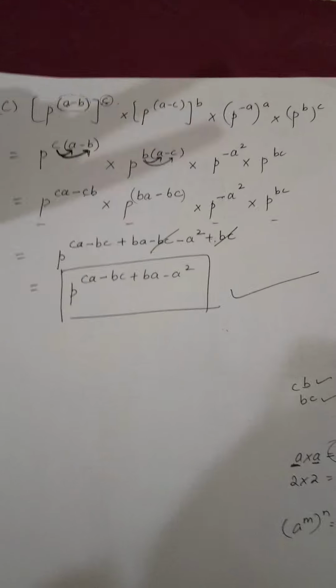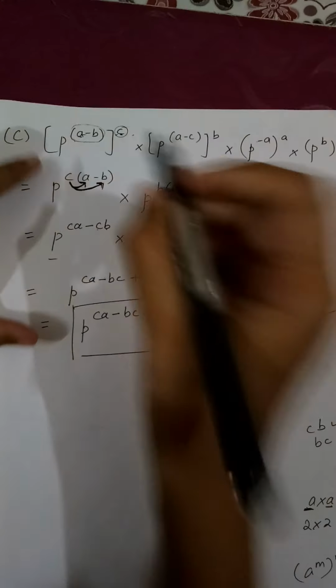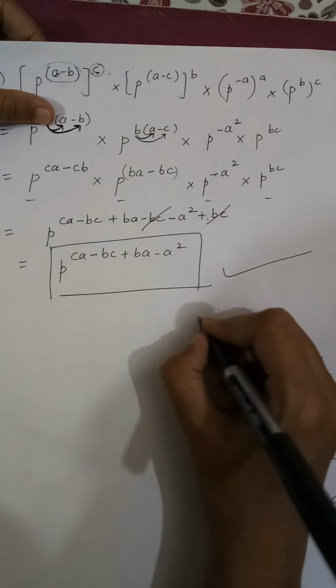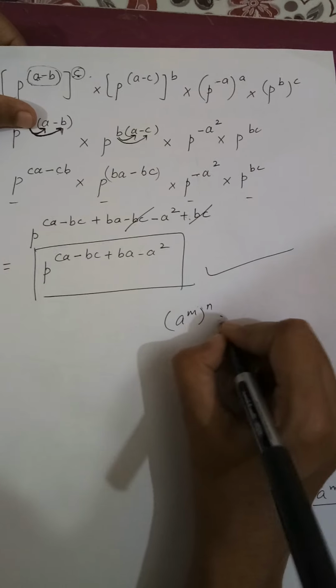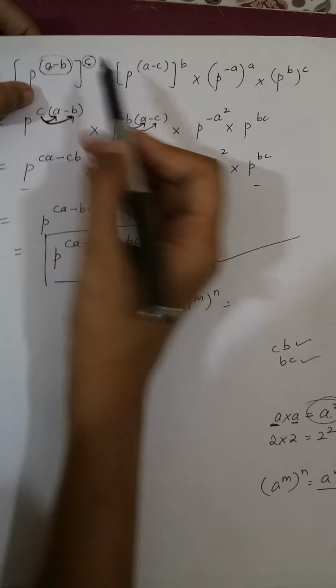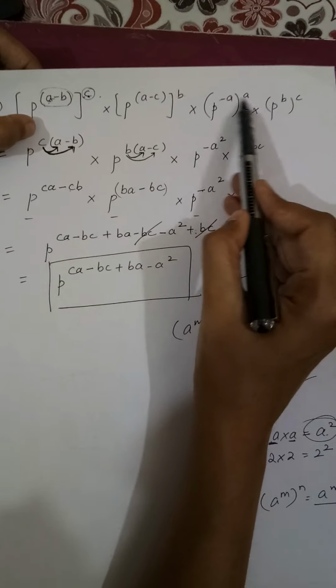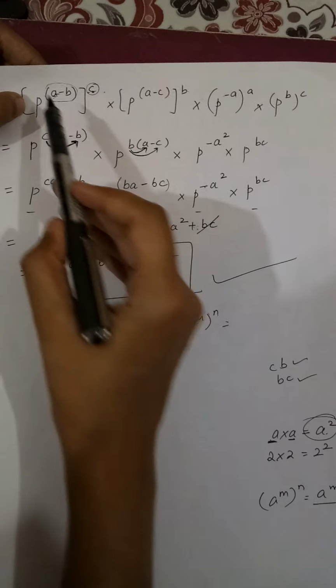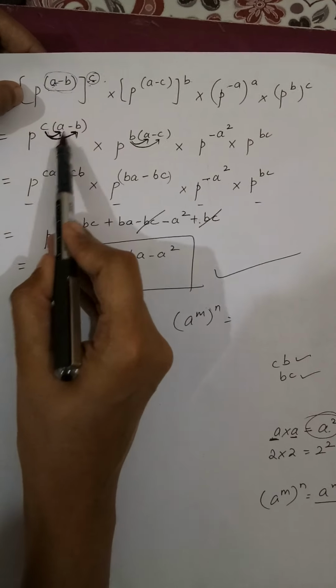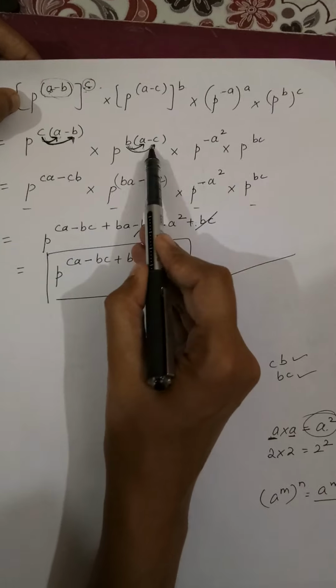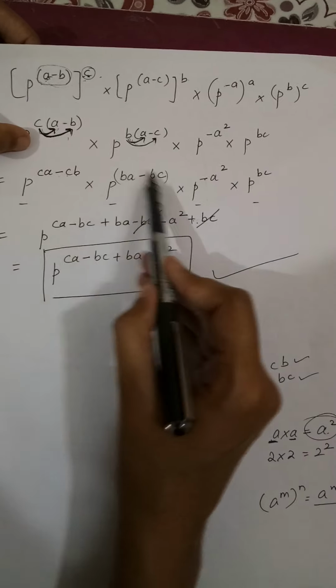So the two steps which we have to use here are, firstly you have to use the law of multiplication of powers. Multiply the powers in every step. Okay, and then you are going to use the distributive law in these powers. Use the distributive law.